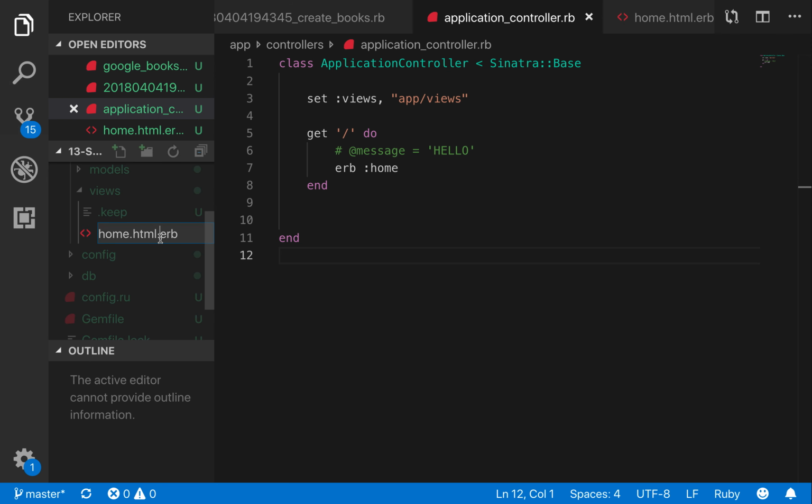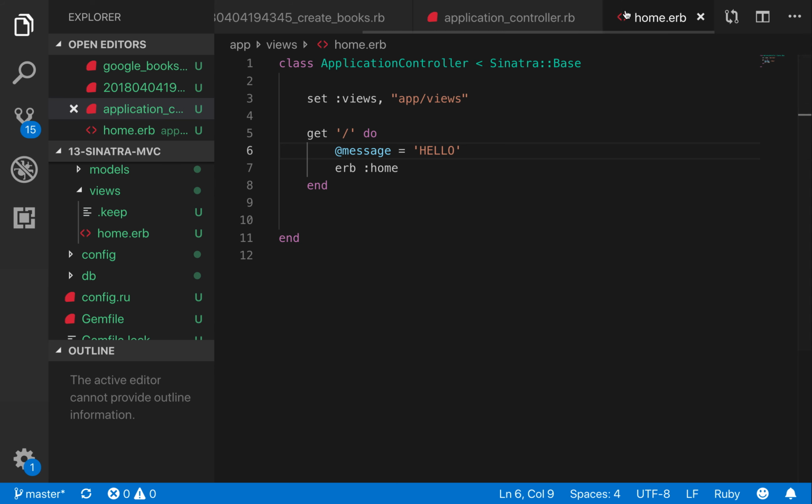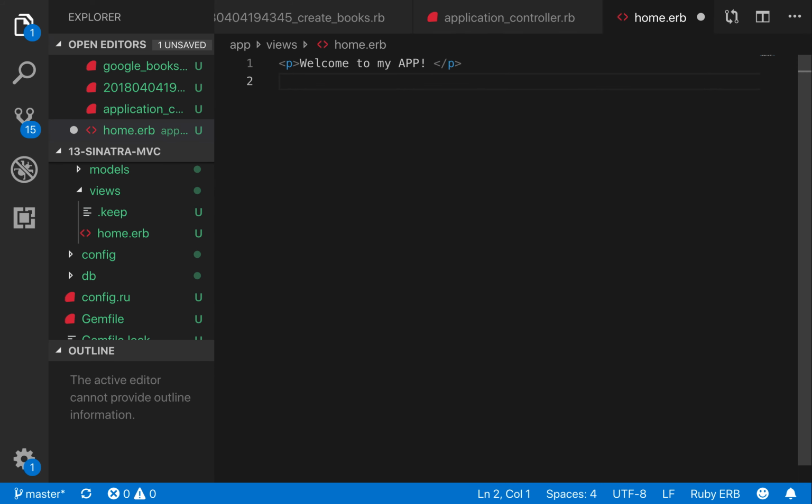Rename it. I'm just putting .erb. Okay. Now, what I want to say is, in my view, I have this message, hello. I want to print that message in my view, but @message is Ruby code, right? @message equals hello, that's Ruby code. I can just write hello right away here, and it's going to give me, oh, that's the message that you want to display. So here,